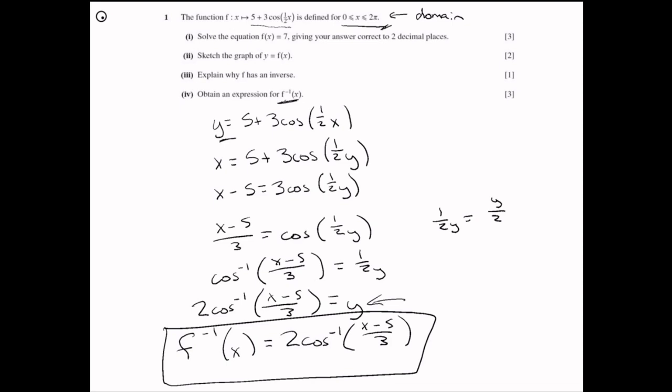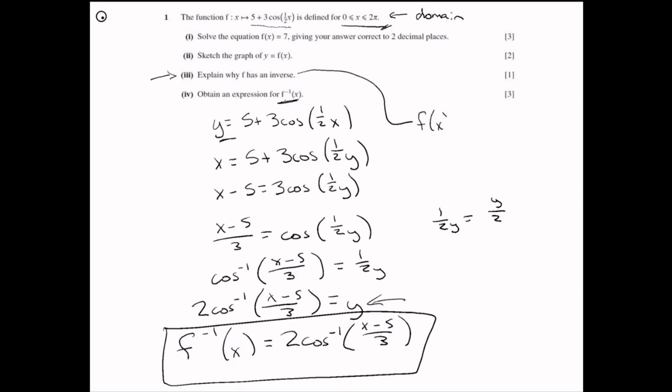Oh, and I just realized I skipped part I, because I guess I just really don't like words. I'm like, ooh, that has words, I'm not gonna do it, but we need to explain why f has an inverse. And the reason why things have inverses is typically because they're one-to-one functions, or it's always because they're one-to-one functions. So, answering this question,